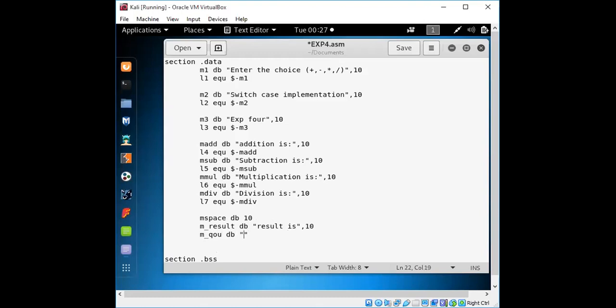So we want it in the detailed form. Quotient. Sorry, we'll display that on the same line. Okay, so that will avoid confusion about what it will be, quotient.